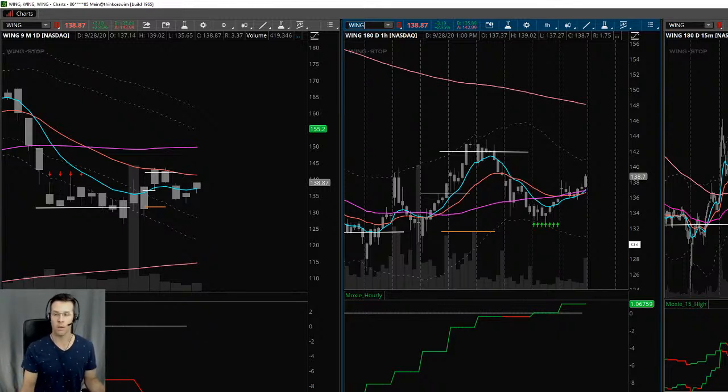And you can see right here that for Wing, a few days ago, last week, on that move up, price never touched the 15-minute 50, and there was an air pocket. There was no support from price to the moving average, and I'm seeing that with the S&P too. And so I imagine at some point, probably early this week, we're going to get price to drop below and through the 15-minute 50, and then we'll have to see what kind of support we get, and we'll get price to move back up. Let's look at the Qs.